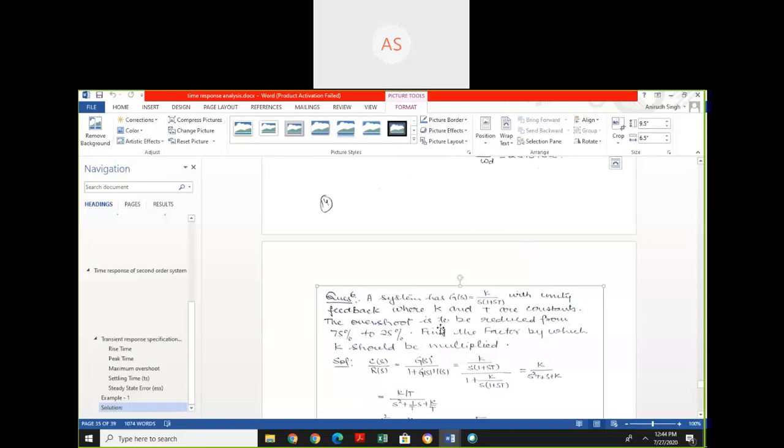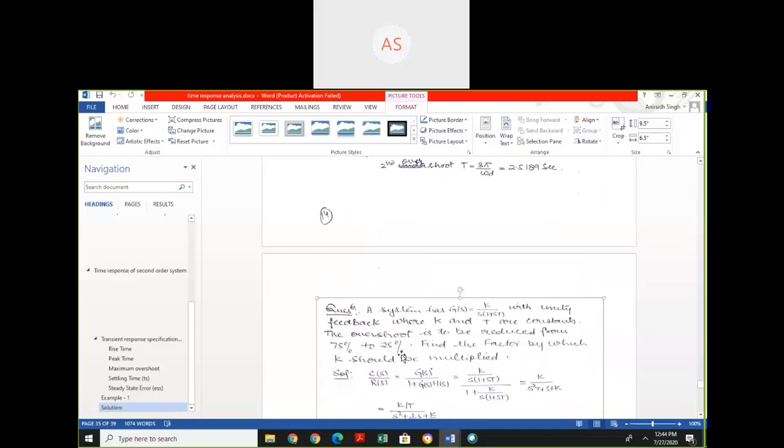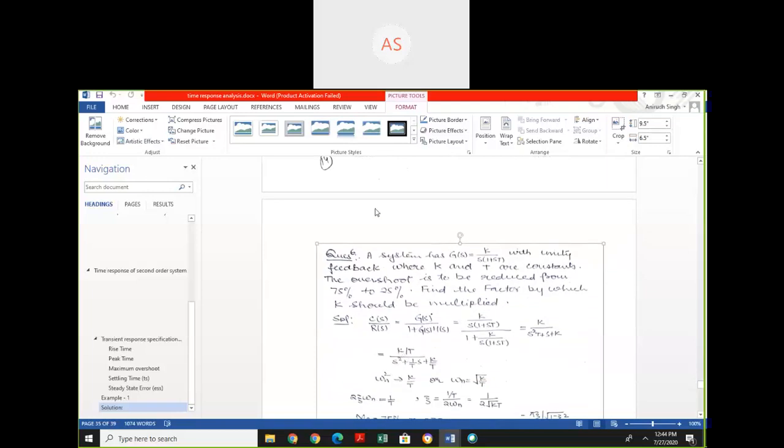The overshoot is to be reduced from 75 to 25%. Find the factor by which K should be multiplied. First find out the characteristic equation, and the characteristic equation is calculated from